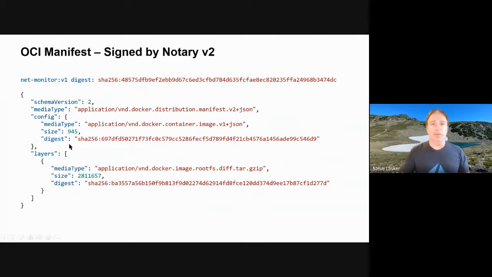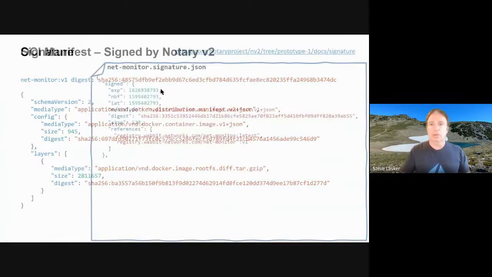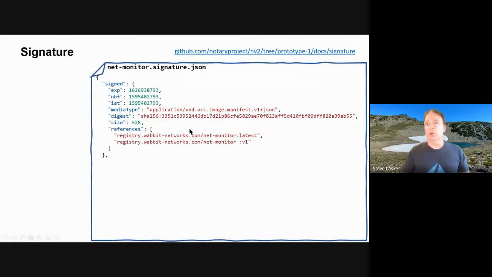So this is the manifest for that particular NetMonitor image, and that's the digest. So when we look at the signature, we're actually signing this digest. So if we look here, here's a little more detail. It's a formatted signature. It gets turned into a JWT, so we could actually round trip that, because of the whole canonicalization challenges that we keep hearing about. So we have cert references.